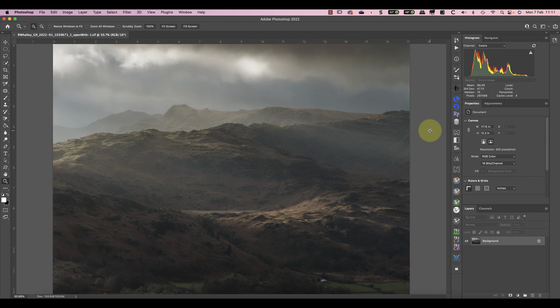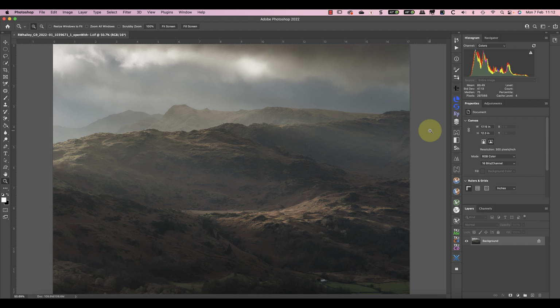Now, the reason that I tend to edit a lot of my images in Photoshop rather than Affinity Photo is because of all the additional plugins and extensions that I already have in Photoshop, and a lot of these aren't supported in Affinity. I also have the option of using smart objects in Photoshop, which means that my editing adjustments in these plugins can be saved and then adjusted later if I need to.